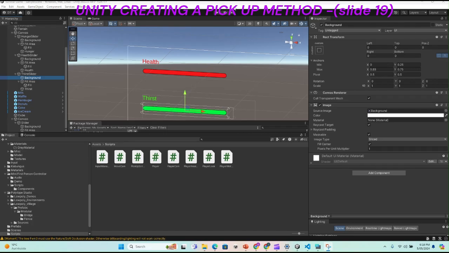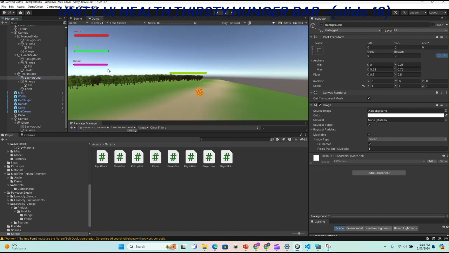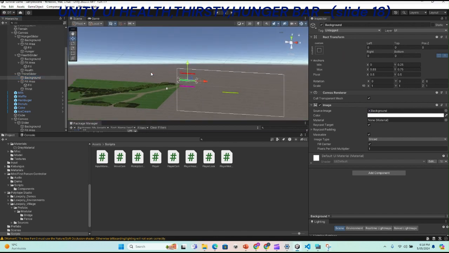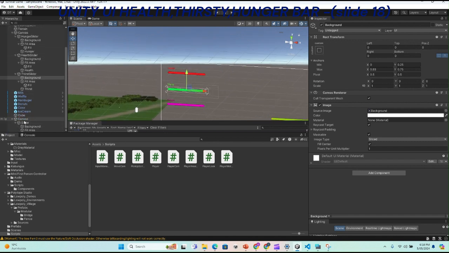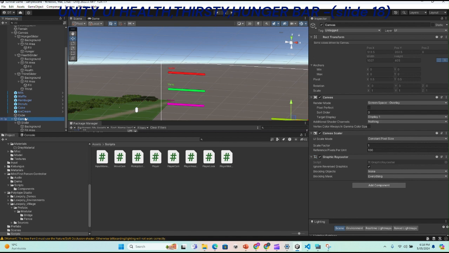Now, the second last thing that I want to talk about before finishing my video, also the Unity part of the project, which is the last part of the video, is the UI, the bars, and how I created these bars. In order to create these bars, first I came here and